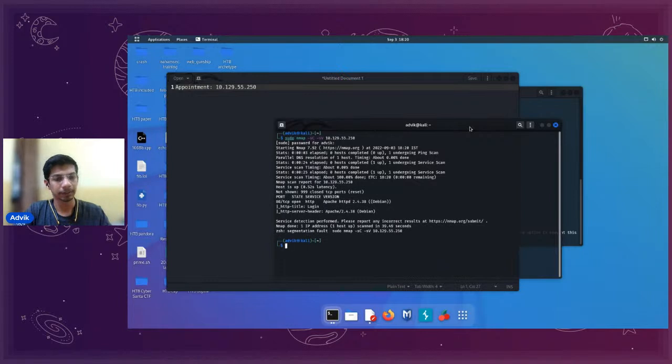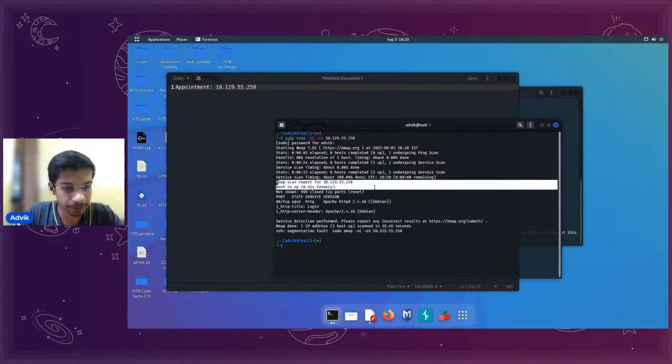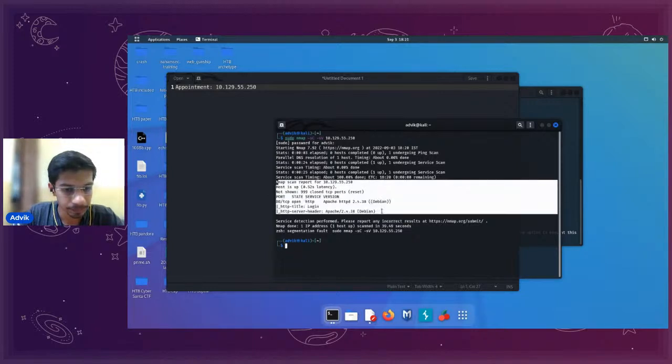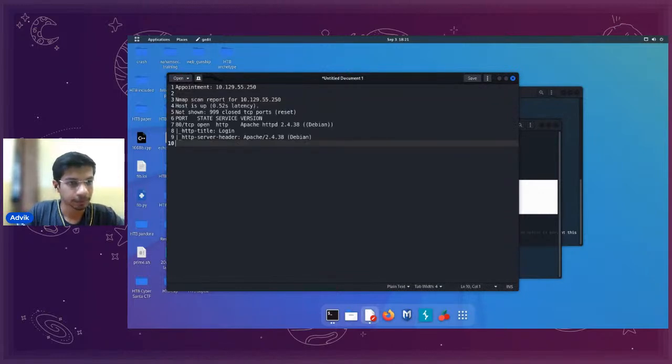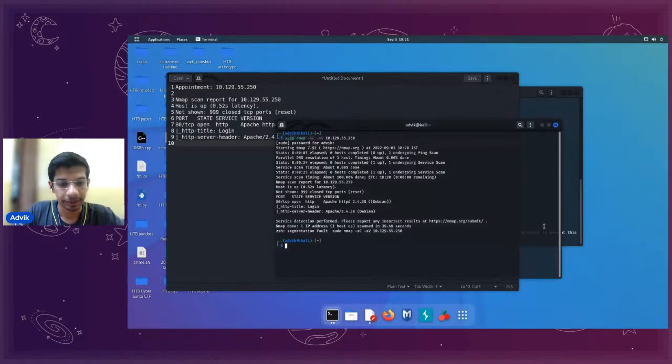Nmap is usually slow, but yes, we got the result. This is the scan report for the machine, and I'll just copy and paste it so we have our info. There is another tool called RustScan, which just gives us the ports we are supposed to scan. So you can first use RustScan to get the ports, then use nmap to get the services on those ports. So like,